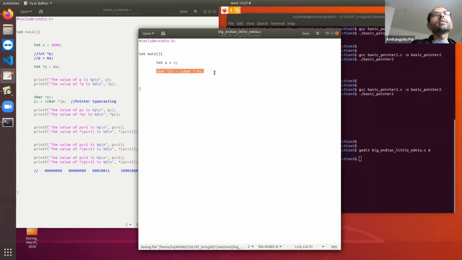Basically, I'm doing the exact same thing that I have written over here. Then I can write that if *pc, that means the value at the address pc, is true, then I can write that this is Little Endian.